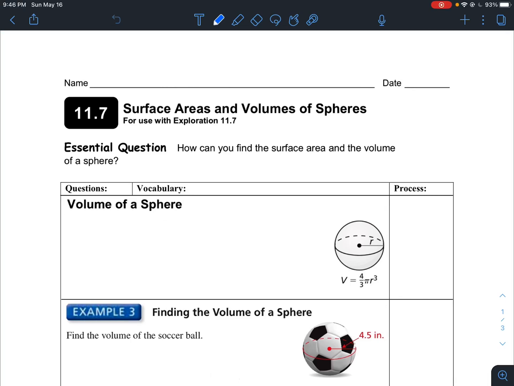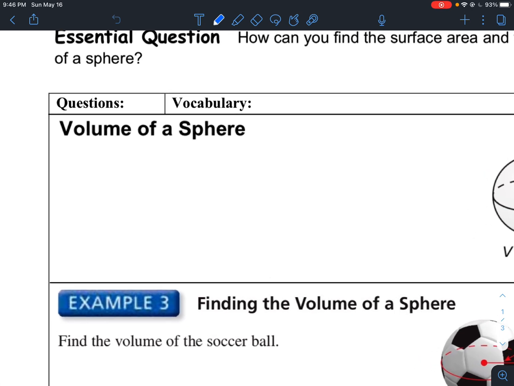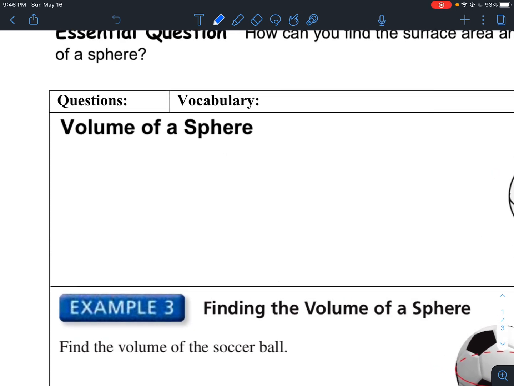Hey, SM2. So for this last section of chapter 11, we're going to be talking about the volume of a sphere. Now, we're not going to get into the specifics of how to obtain the formulas, but there is a way that people obtain these formulas, and we're not going to get into details of it. But I'll just give you the formula for the volume of a sphere. So the volume of a sphere is 4 pi r cubed